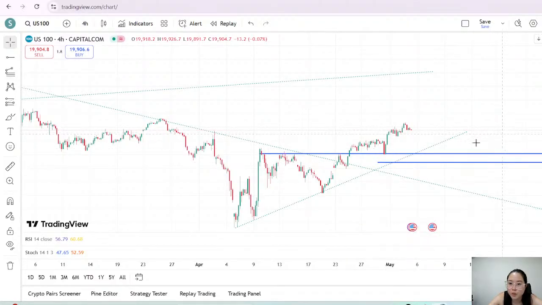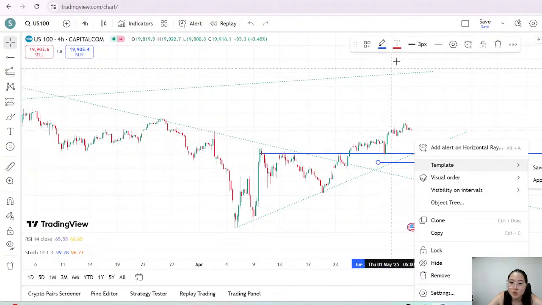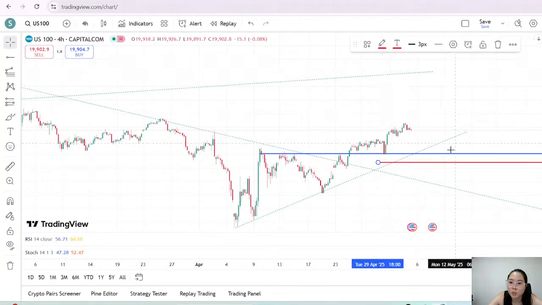If I must come up with something, I will say this is a buy. Here, this blue area is a buy. To be very conservative, I'm going to put my stop loss here, right below. You want to put your stop loss at a tight level, but not too tight, to give you some space, but not too far away. Why? Because if you are wrong, you want to be wrong fast.